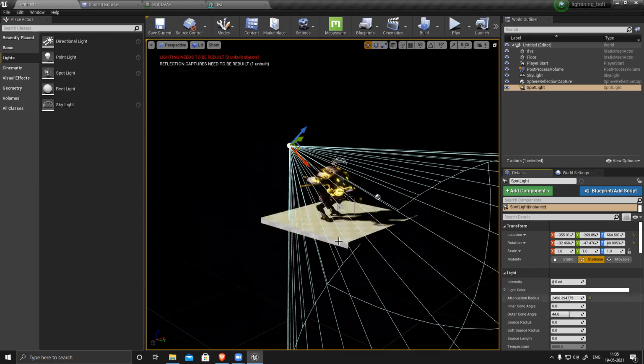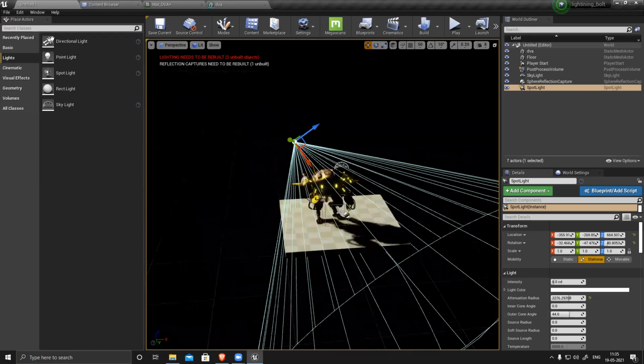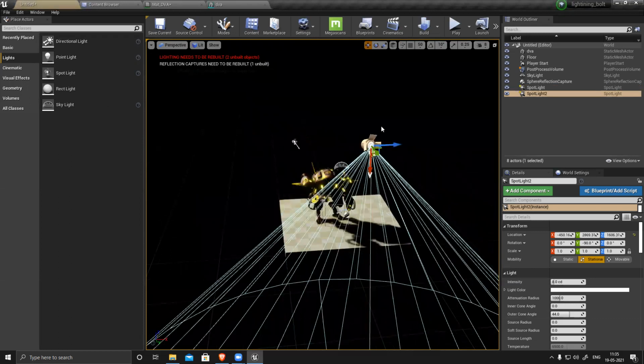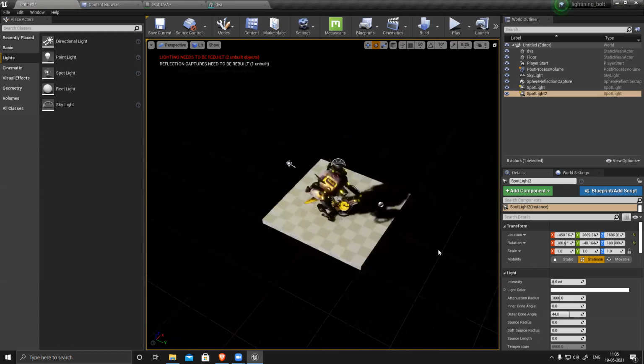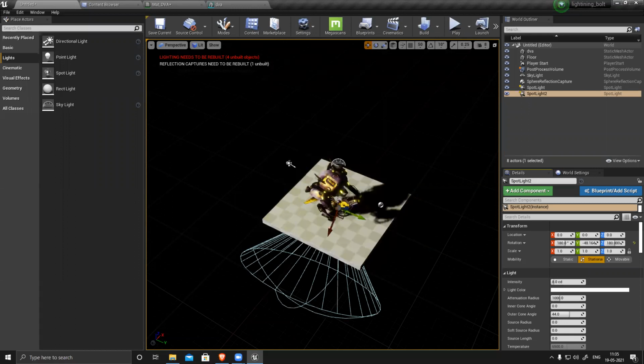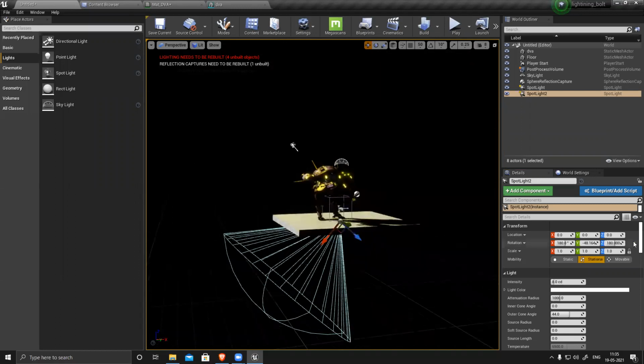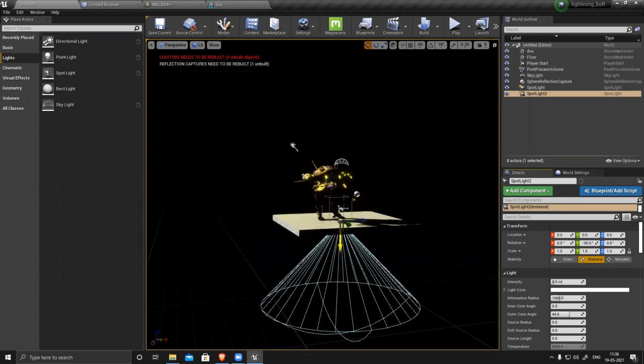Increase the radius. I can import one more light from the front. Location, go to 0, 0. The rotation also changes, so that I can place it nicely here.